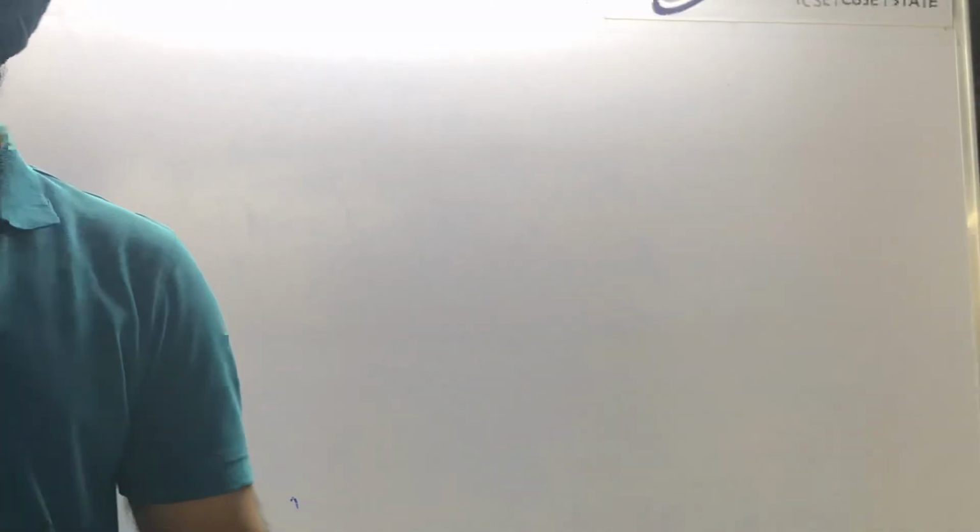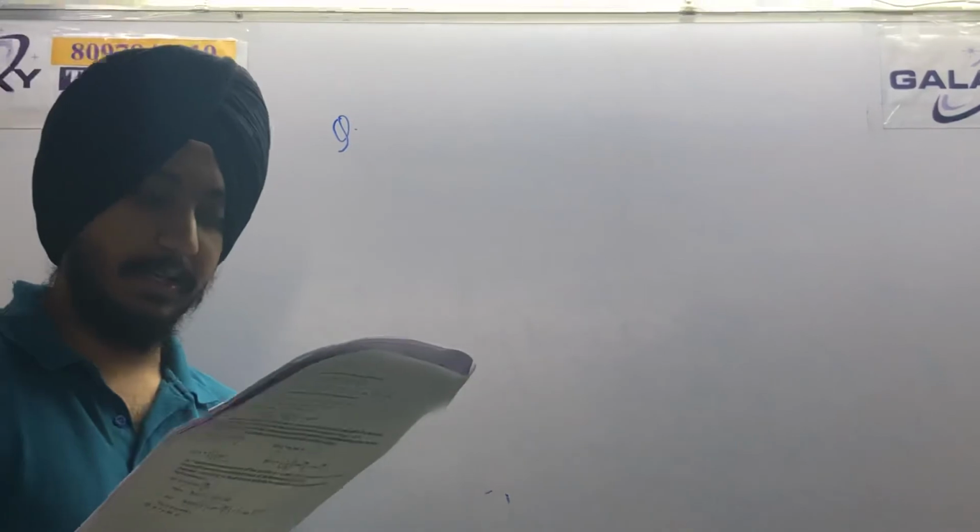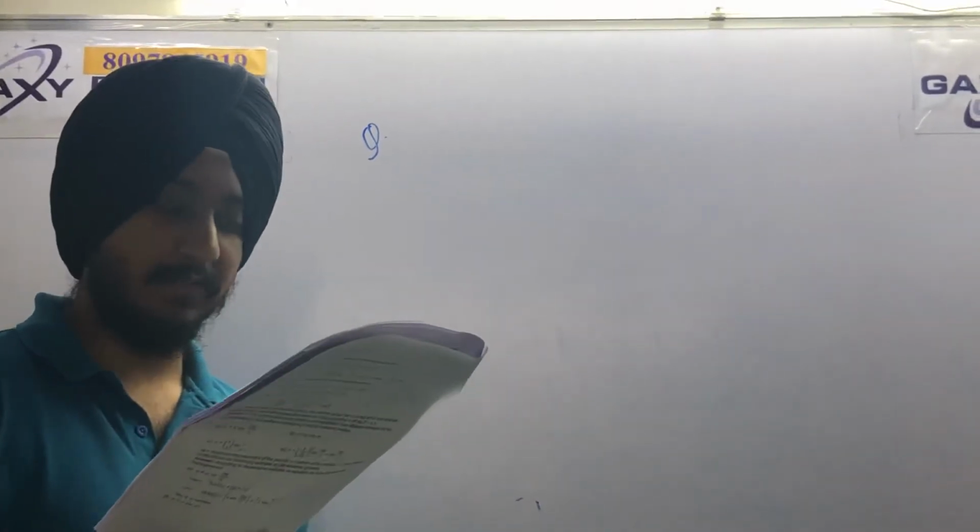Okay. Let us do the next question. Now this is a very long question, so I will first of all read it to you so that I can explain you this big question. So the principle of parallax is, this is the question. Okay, principle of parallax is used in determination of distances of very distant stars.